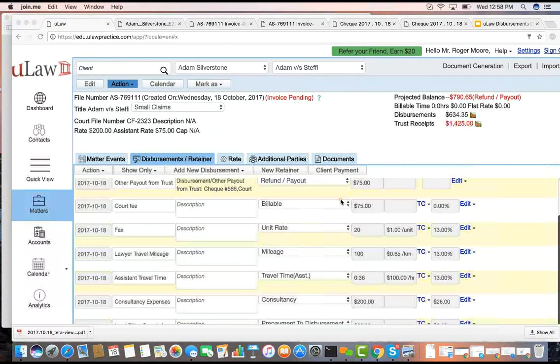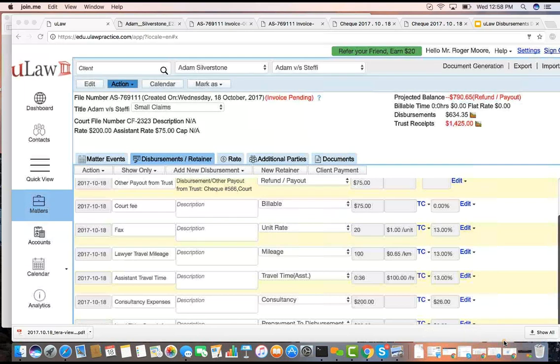How to record it. Oh, you know what? I'll be more than happy to show that. Okay, now that's not disbursements, okay? That's an office expense, let me show that to you. Okay, now,